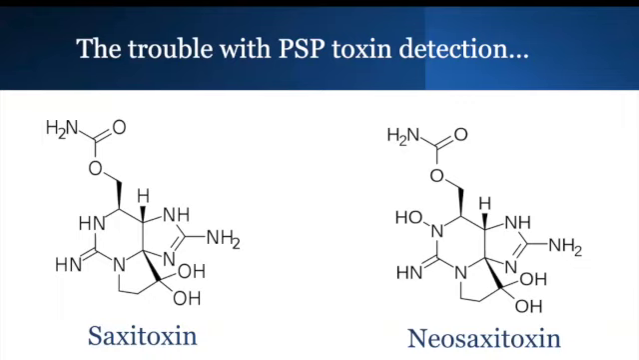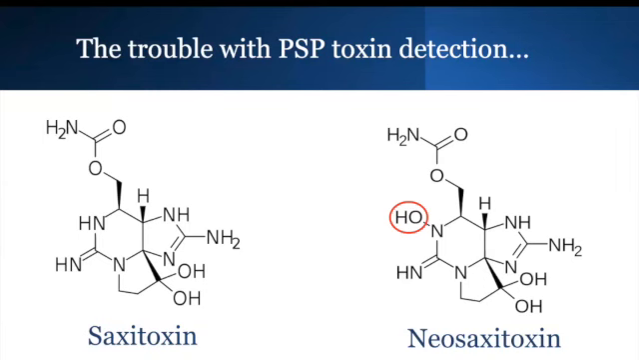The only difference between these two compounds is this one OH group. But that's enough to make a conformational change so that the saxitoxin antibodies of those kits do not recognize it, or again, don't recognize it well. Remember back when we talked about antibodies and how they are very specific to even pieces or epitopes of antigens. Because of this, those antibodies have very little cross-reactivity or ability to capture neosaxitoxin, even though it's a major component